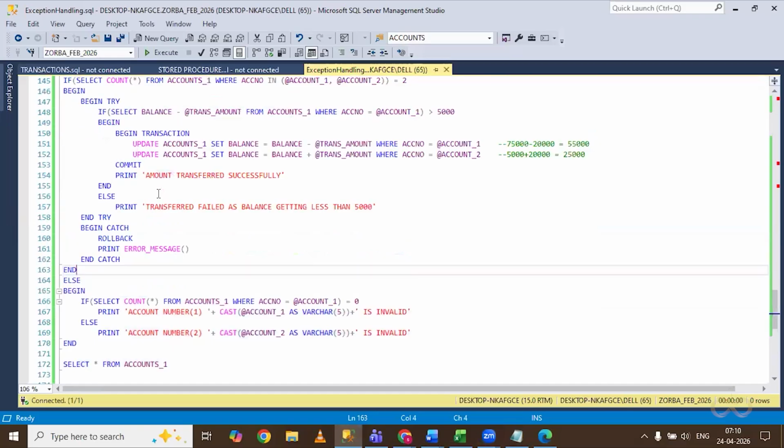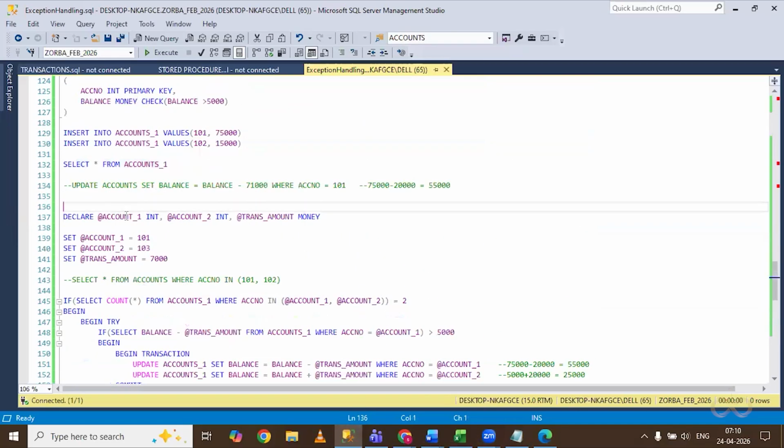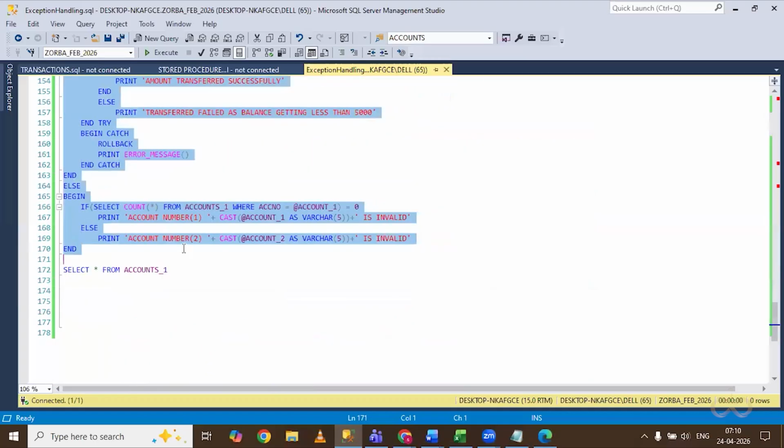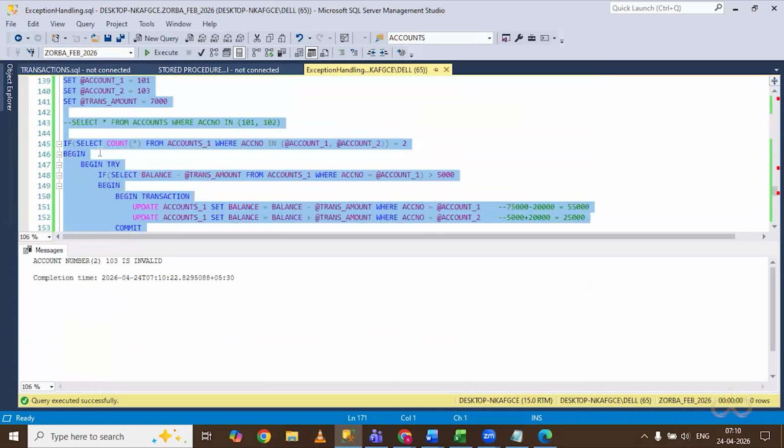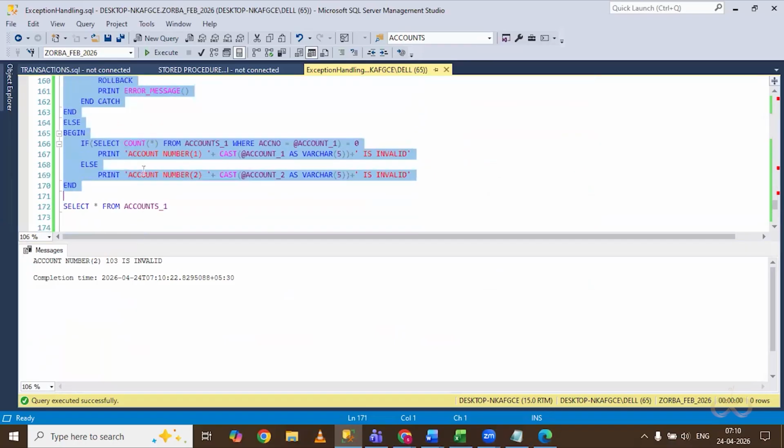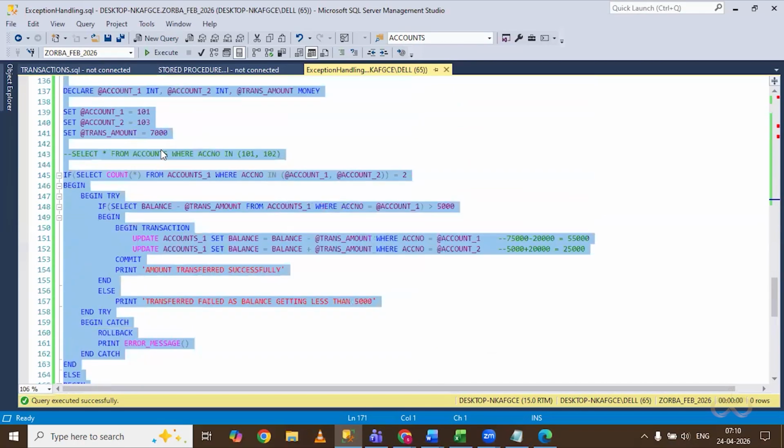Okay. So this is a script which we have written. I'm giving an invalid account. So with an invalid account, it will directly jump. It will not get into the exception at all. It will directly jump, this is the invalid account. If I give a valid account